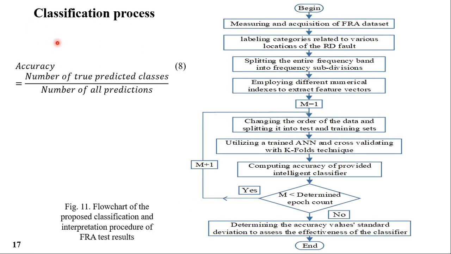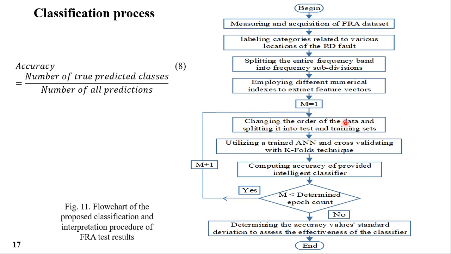The classification process is summarized in figure 11. You can see the flowcharts related to the procedure. After measuring and acquisition of the FRA dataset, we labeled the categories and groups related to various locations of our defect, and after that we split the entire frequency band into 4 frequency subbands based on the resonance and anti-resonance points in the FRA signatures. And after that we employed different numerical indices to extract feature vectors, and we